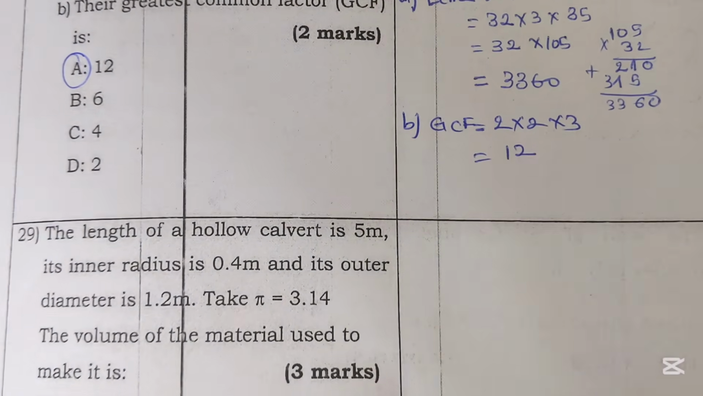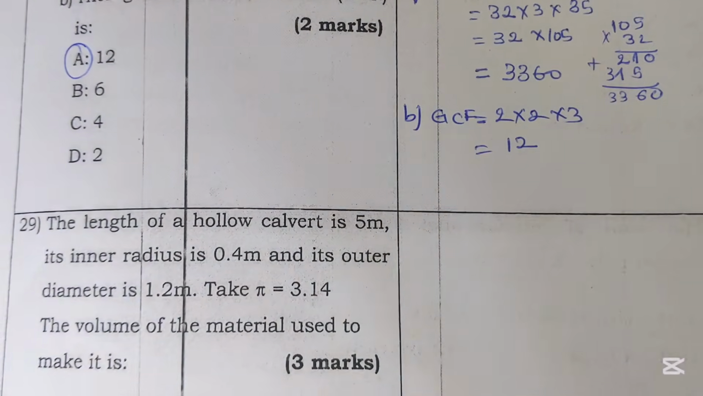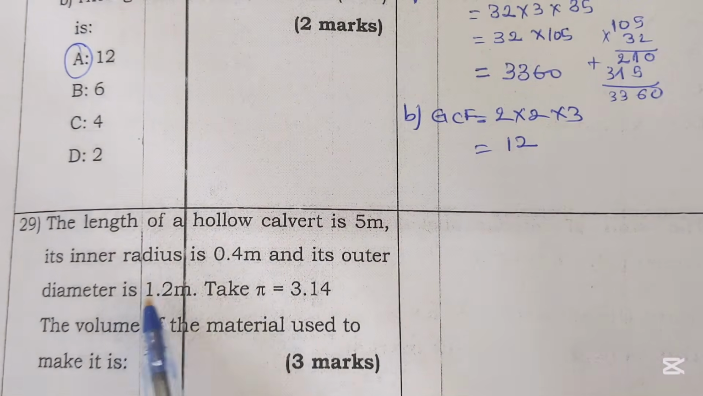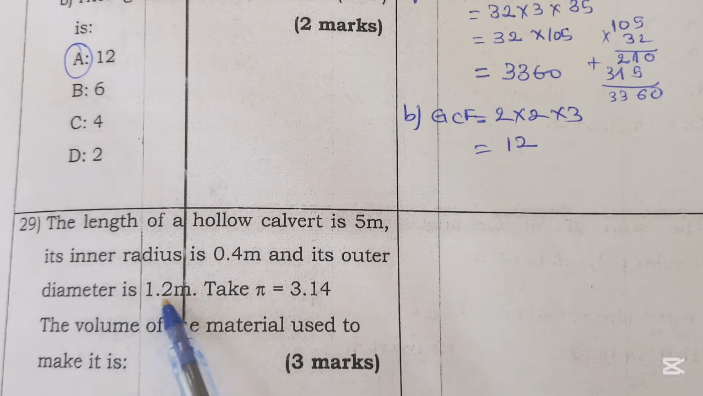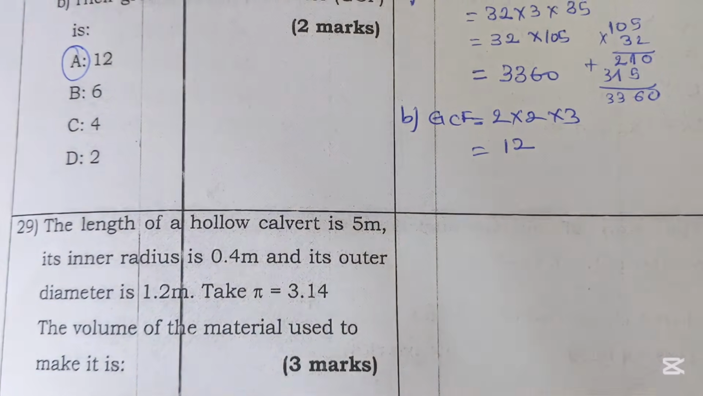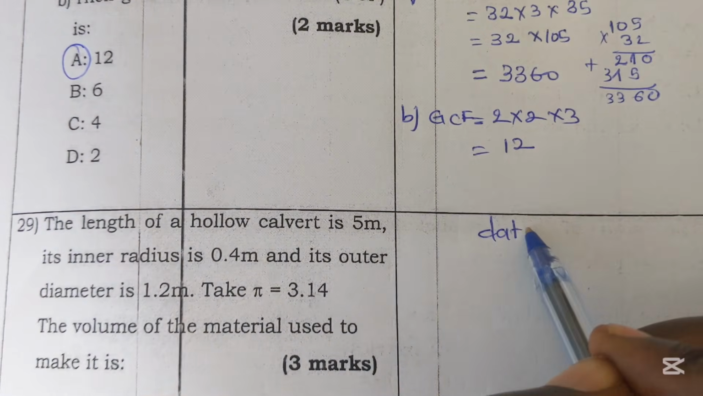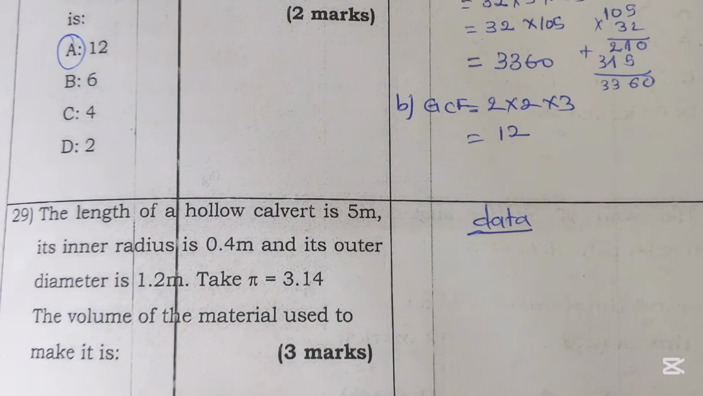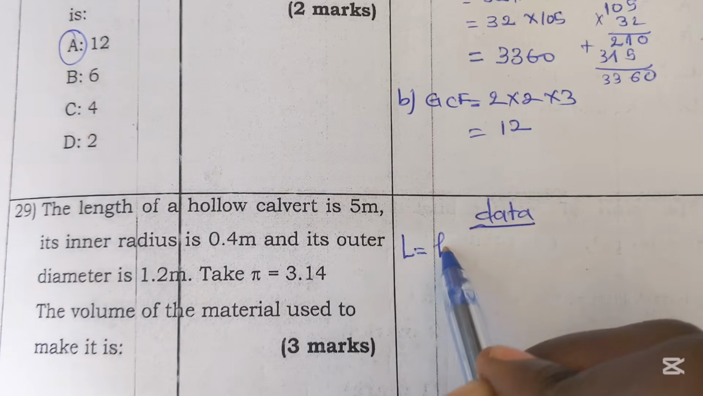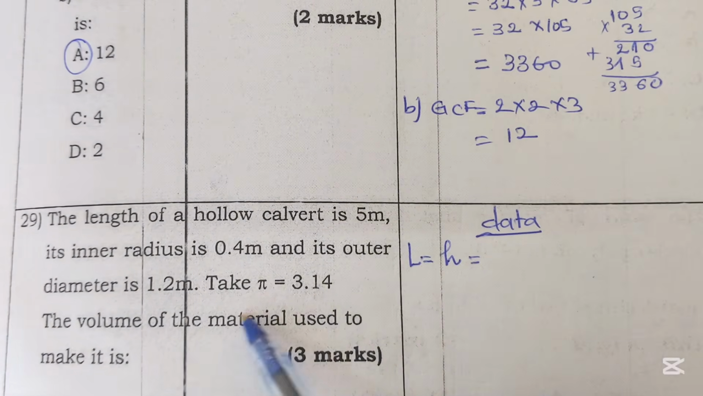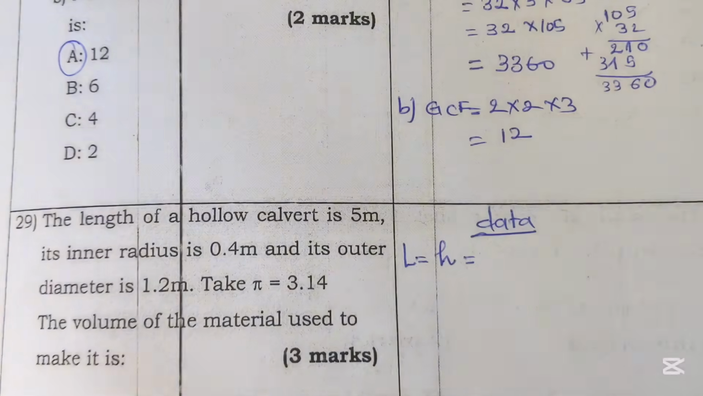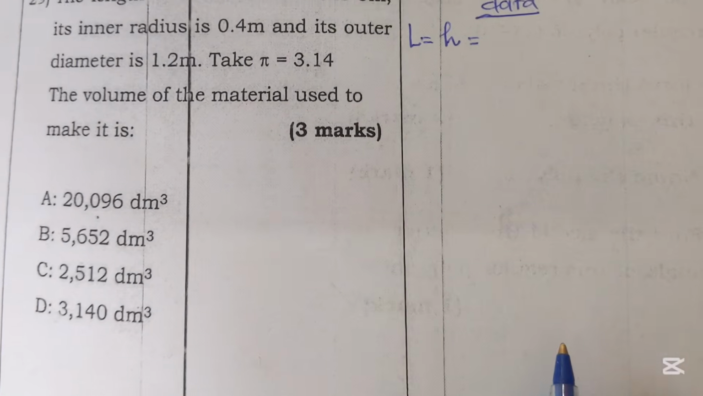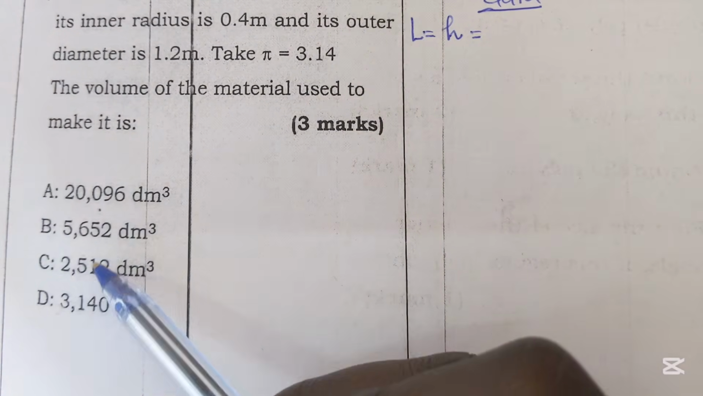Question 29 here. The length of a hollow cavity is 5 meters. Its inner radius is 0.4 meter and its outer diameter is 1.2 meters. Take pi as 3.14. Calculate the volume. Data given: we have length, which equals height. To come up with the volume, we have to use the height, and the answer you are supposed to choose